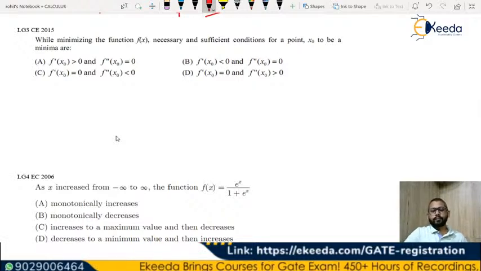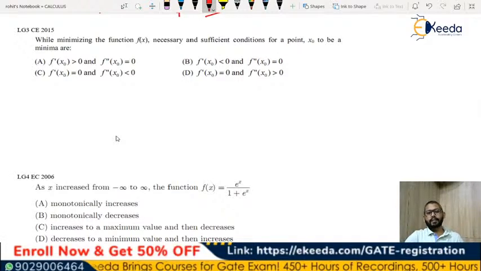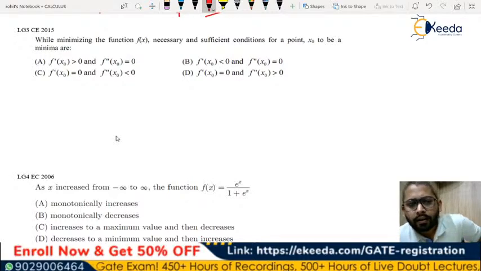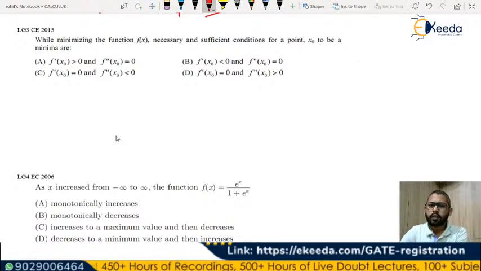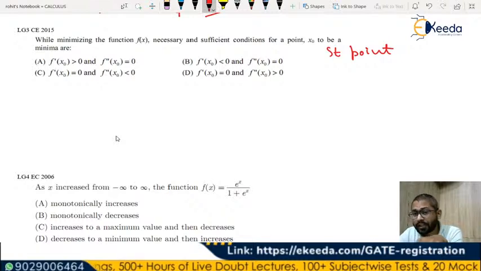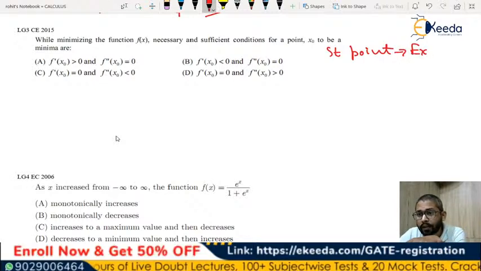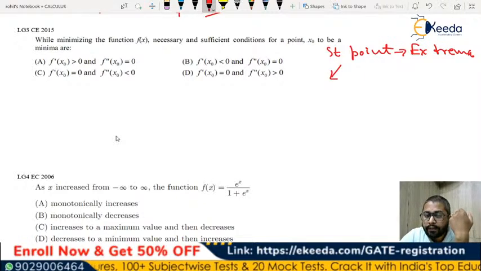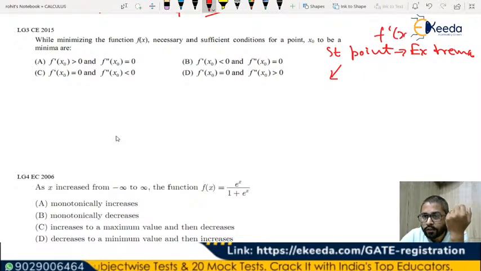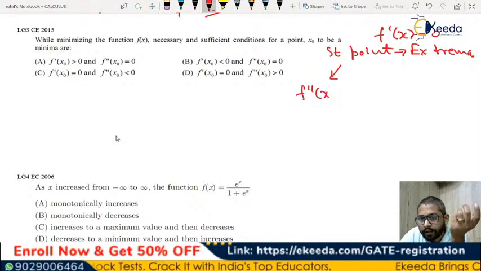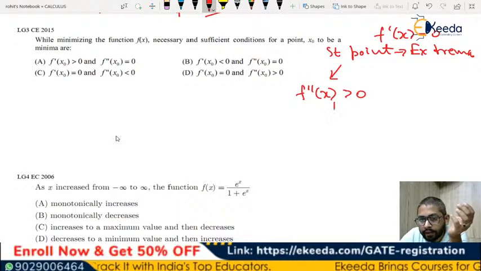While minimizing the function f of x, what is the necessary and sufficient condition for the point x naught to be a minima? So we already saw that we need a stationary point. First of all, a stationary point is a must to have an extrema, right? Then f dash of x equal to 0, and then we'll check the double derivative. If the double derivative is positive at some point a, then it is going to be minima,